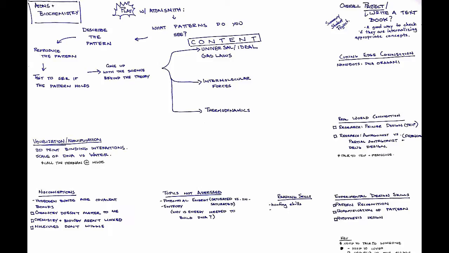The kids will then go and come up with a theory for why this behavior is happening. Why do oxygens and hydrogens seem to stick together? Well, we know because the partial charges of hydrogens are positive and partial charges of oxygens are negative, and those two things will come together because of electronegativities and thermodynamics, but the kids will actually generate all those ideas on their own. So they will teach themselves through this the universal gas laws, intermolecular forces, and thermodynamics.